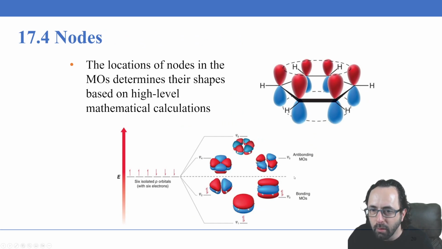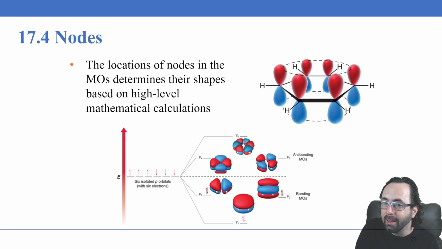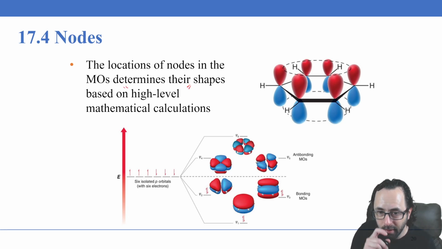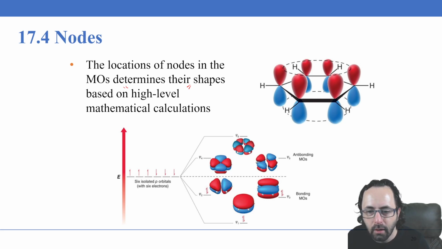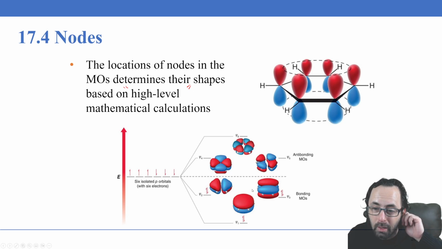The locations of the nodes in the molecular orbitals determine their shape. Again, the determination of these molecular orbitals is based on high-level mathematical calculations. These come from the averaging of the wave functions that describe each of these electrons. When you average them out, you get a variety of orbitals depending on their relative energies, and that's what determines the shape and the nodes of these molecular orbitals. You do not need to know how to do those high-level mathematical calculations. You can simply appreciate the results of them, which describe the shapes of these orbitals, which are also confirmed experimentally